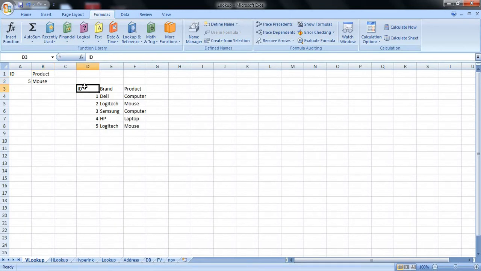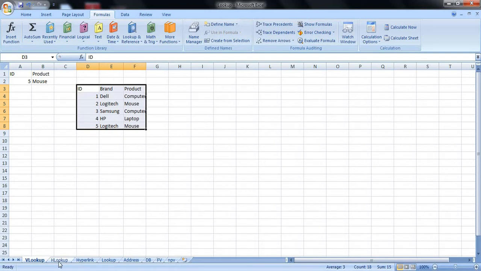Because I have only 5 entries in this table, you may find this very difficult. You may ask why search using this function for a particular product. It can be done directly. But consider a situation wherein you have around 5,000 or 10,000 entries. You know what the ID is, you know the reference, but you don't know what product is related with that ID. So when you have a bulk amount of data, this lookup function can be used for extracting related or connected data with a referenced value. So this is about VLOOKUP.